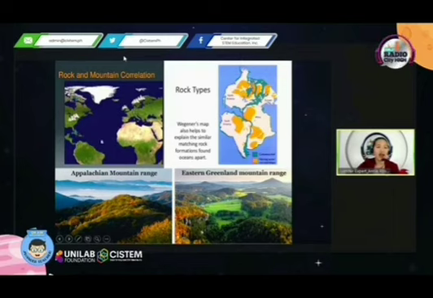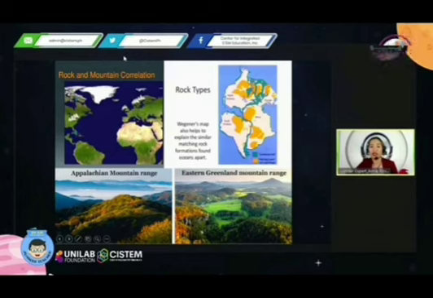Even if they are separated by this vast ocean in here. So what does this one imply? All right. So this one implies that the continents were really next to each other, or they were once connected to each other. And in the figures here at the bottom, you can see the Appalachian Mountain Range, which is found in North America, which has similar characteristics to the mountain range found in eastern